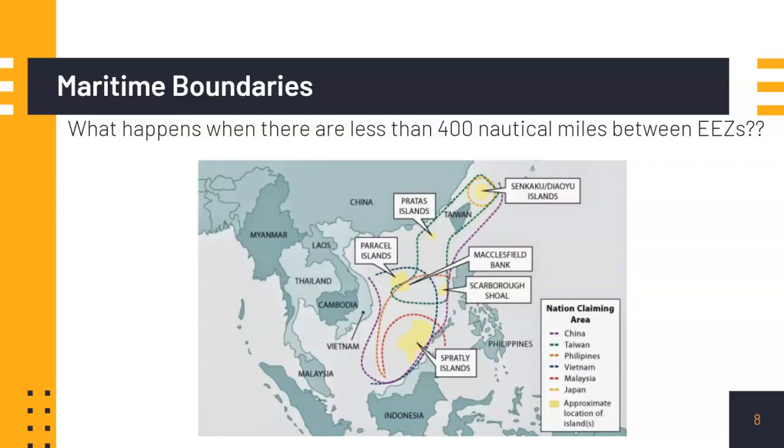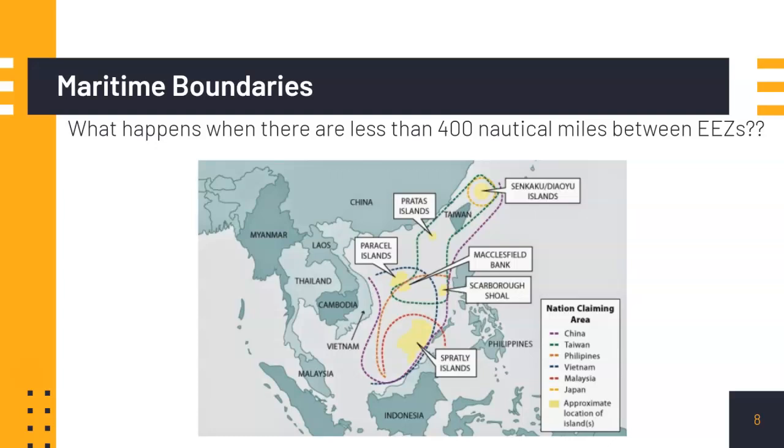When exclusive economic zones are less than 400 nautical miles apart, the boundary between them can become a point of dispute between neighboring countries. According to the United Nations Convention on the Law of the Sea, each coastal state has special rights over the exploration of marine resources within its EEZ, but when the zones of two countries are so close to each other, it becomes necessary to negotiate and agree on a clearly defined boundary. In such cases, the countries involved must work together to establish a boundary that is equitable and fair.